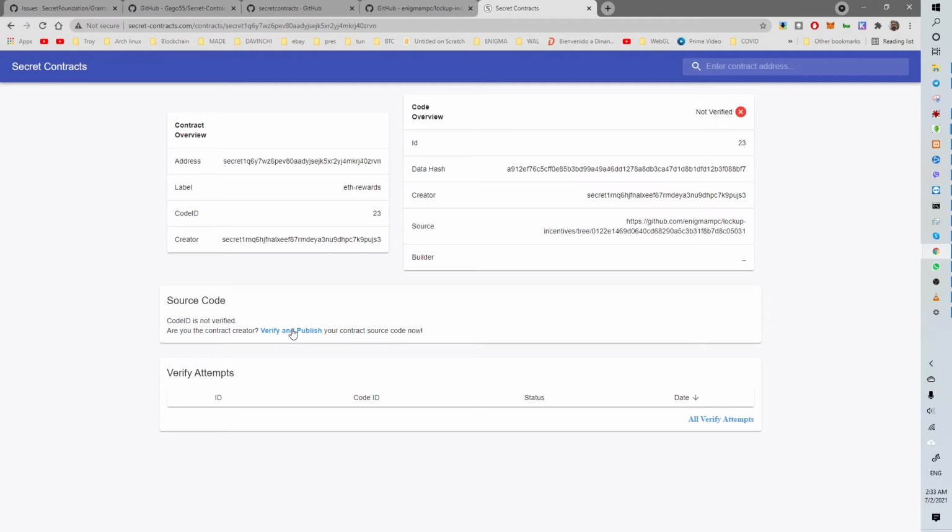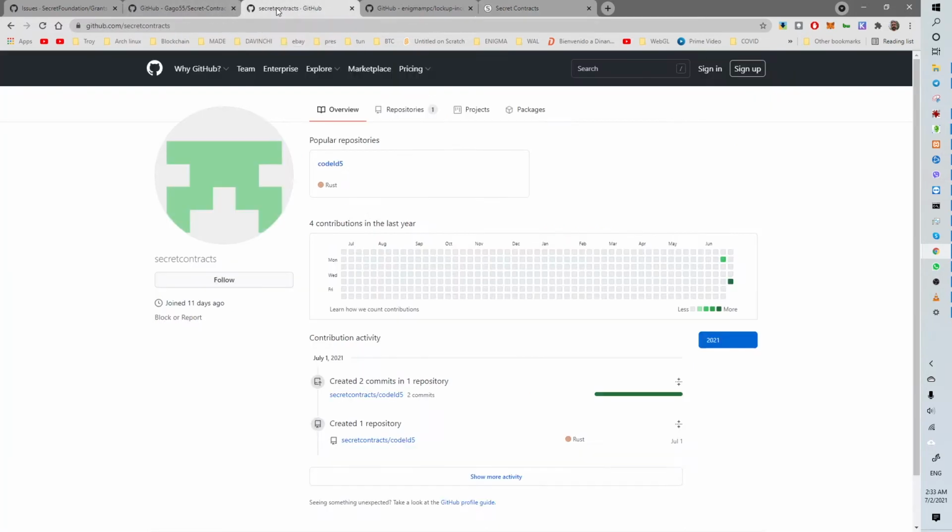But it is not necessary to be the creator. If you have or found the code in some place and you know that it is the correct one, you can verify it. Anybody can verify any code. The idea is, after verification, the code will be published on this web, and the backend automatically pushes the contract to the